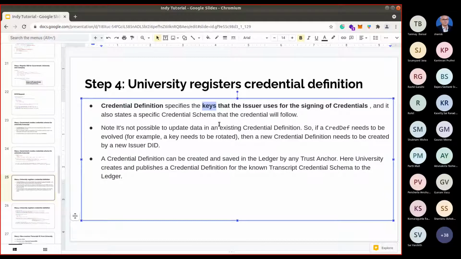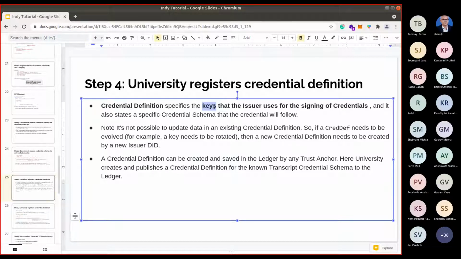This credential definition can also state what cryptographic algorithm has to be used to verify a particular presentation with the help of this key.